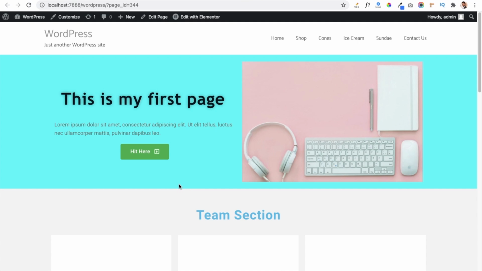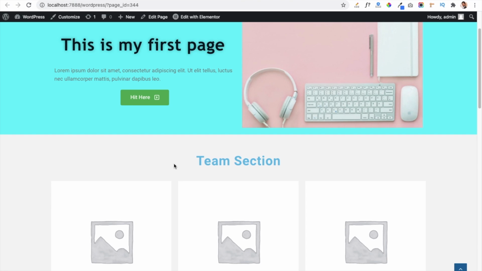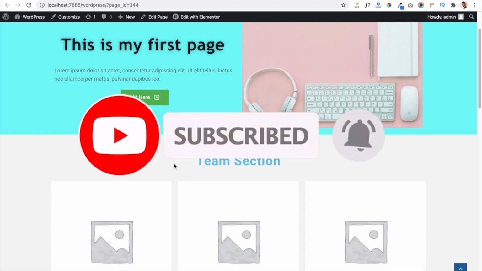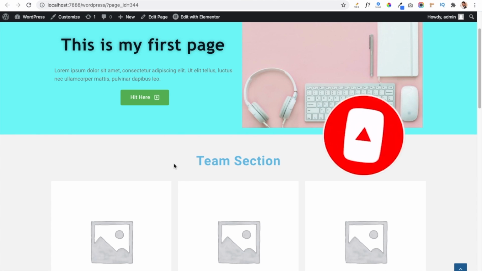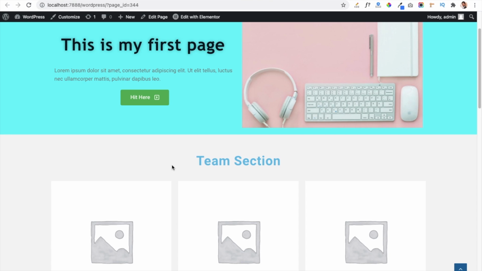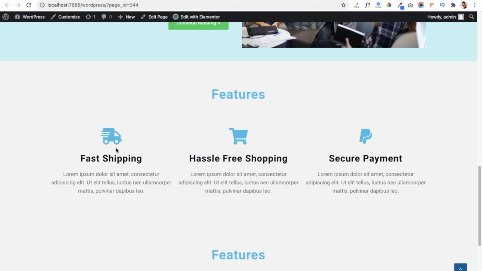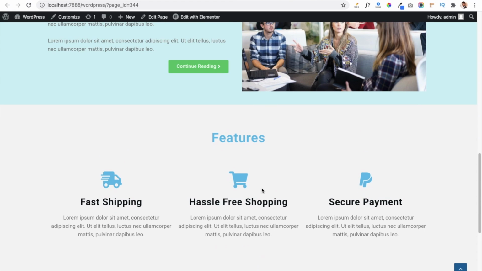Now friends, I am going to explain you how you can save your template in the Elementor settings, and you can use it in other pages, or the same template you can use on the same page. Sometimes we need to use the same template again and again in our pages or in the same page, then we can use this setting, and this will reduce our development time. So today I am going to use this feature section, and I am going to just save it as a template, and we will use it in our page.